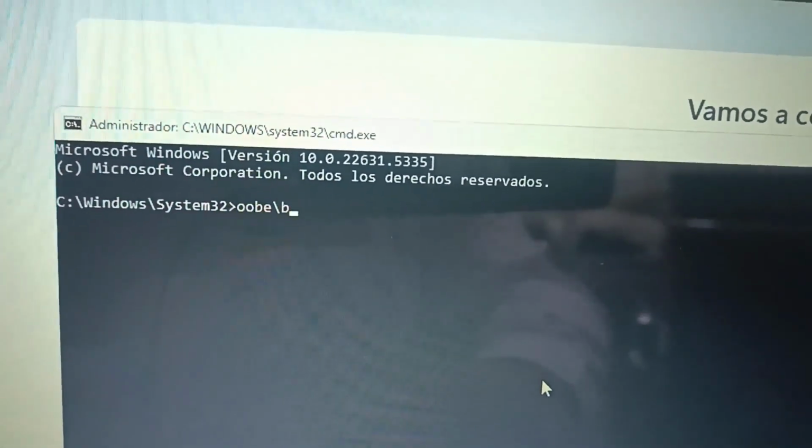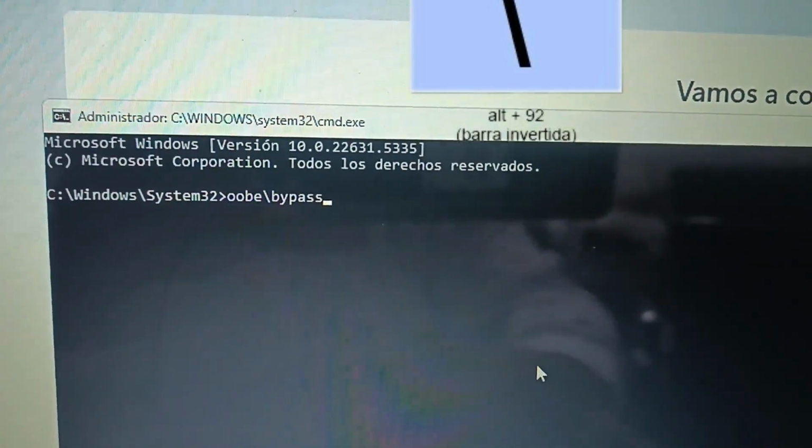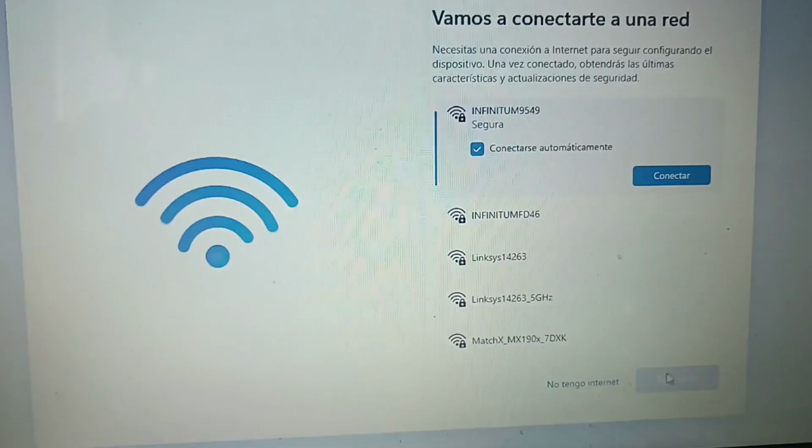To type the backslash, press Alt plus 92 on your number pad. Now, hit enter and your computer will restart. And finally, you will be able to choose the option I don't have internet and continue the installation with no